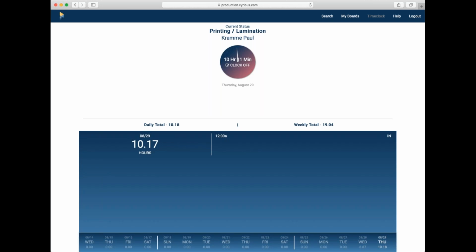So, kind of an overview of the cloud. This is the top level bar. You can see that you have the ability to search. You can search for orders, or you can search for estimates, or things of that nature. You can review your job boards, and that's kind of what we're looking at here. You can use the time clock. And this, I would strongly encourage you, if you haven't used the cloud app, this help button